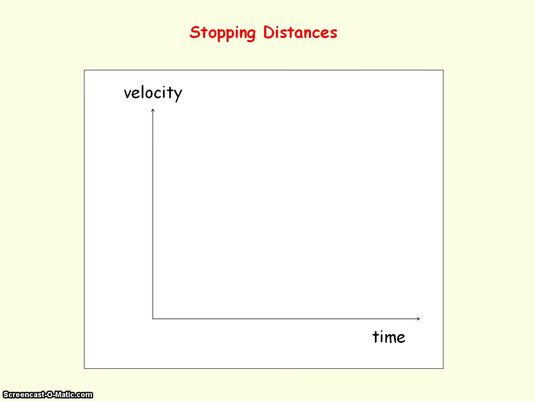We can also plot a velocity time graph to show the motion of the car. So time equals 0 represents the time when the driver sees the need to stop, for example, approaching a red traffic light. So we initially have a constant velocity while the driver is reacting to apply the brakes, and then the car decelerates when the brakes are applied. And this time here represents the reaction time of the driver,